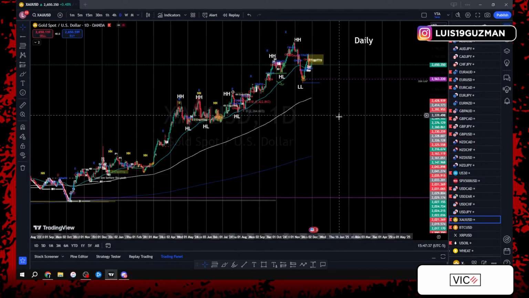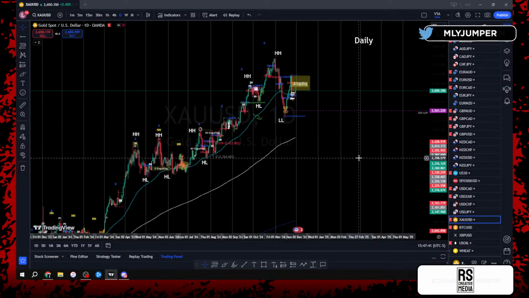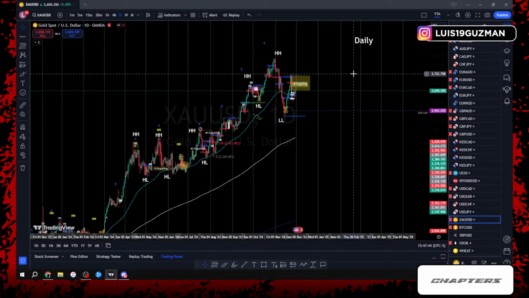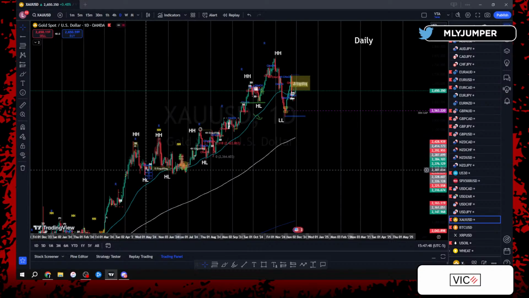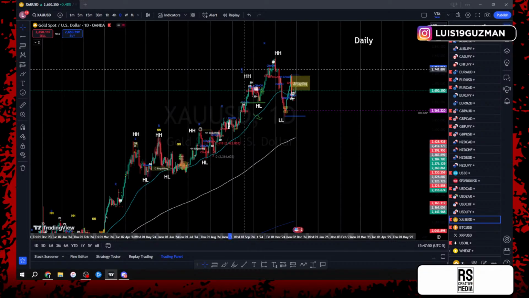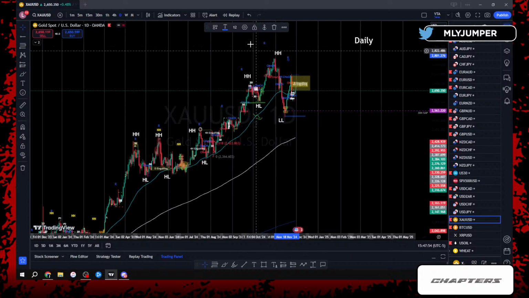Daily time frame, again, very similar to US30. Peak high territory, market makers pattern. We're again just in peak high territory. There's really nothing here to say about that. Just gotta follow the structure, right? Higher high, higher low. We had a higher high. Price gave us a change of character, lower low.